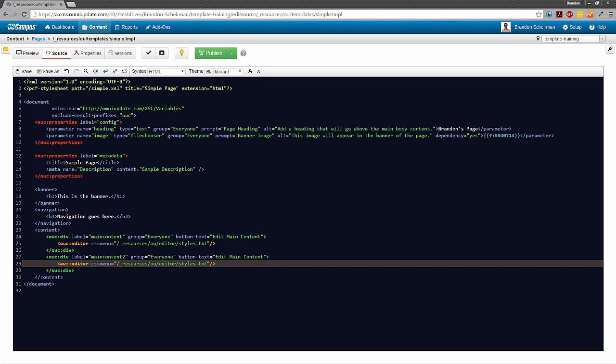But we do want to make sure that we're keeping our editable regions intact, as well as the OUC editor element here, because we still want to be able to use our custom CSS styling from styles.txt. So now that that's done,